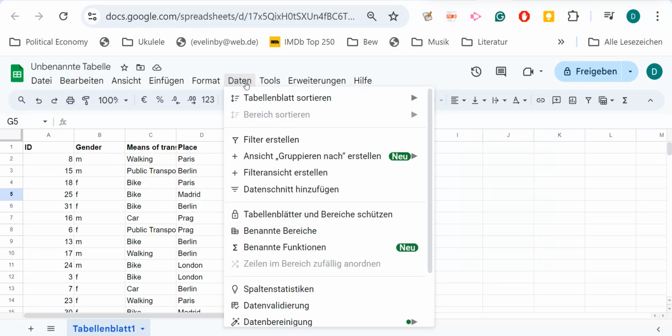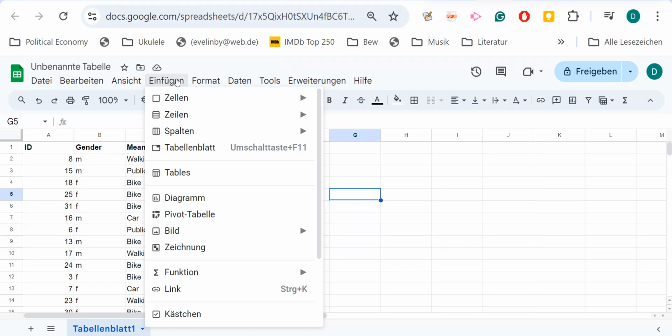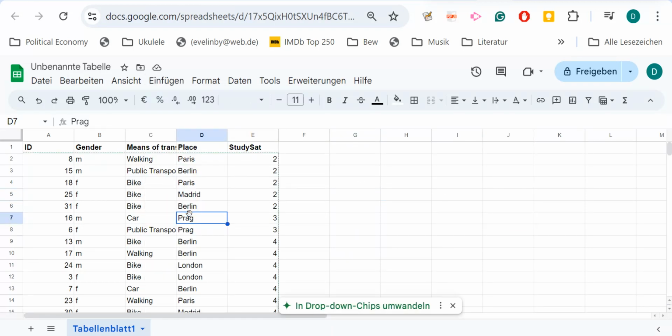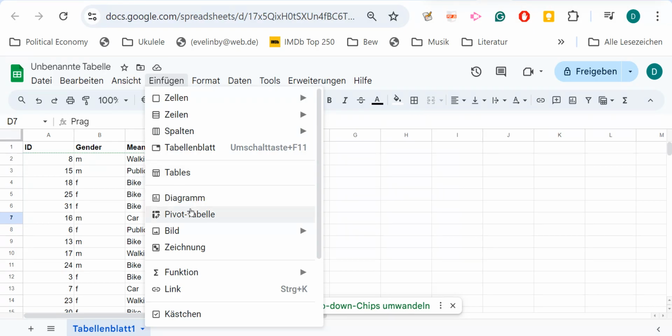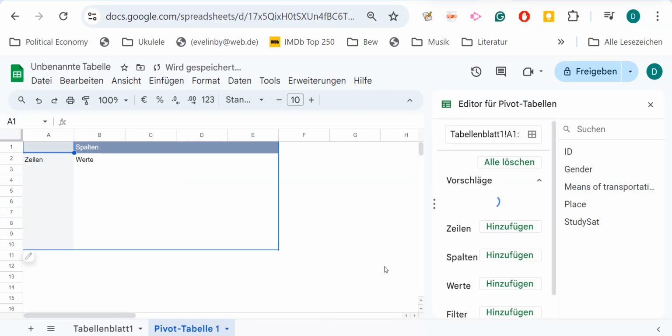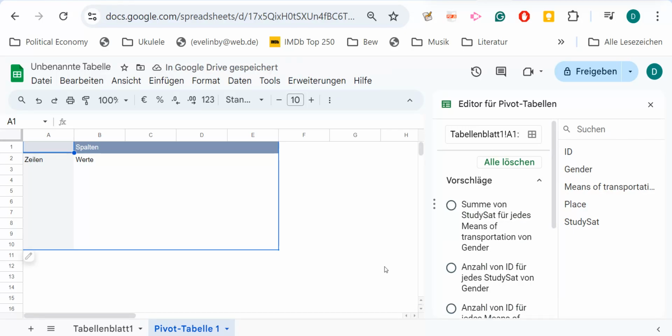I think we find it here under data. No, it's at insert, and here we have pivot tables. So again, we need to open pivot tables. Before we do that, we need to click into our data set so that Google is able to recognize it as a data set. So then insert pivot table, and again we create a new worksheet. Our pivot table will now be created in a new worksheet,